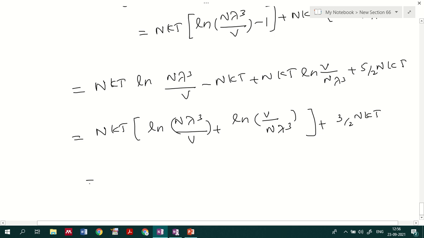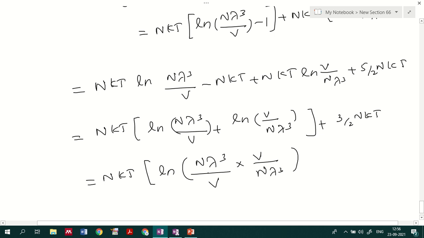So you will be getting nkT into ln of n lambda cube divided by v, because if it is a summation of two logarithms, I can represent it as a product of those, that is v by n lambda cube,